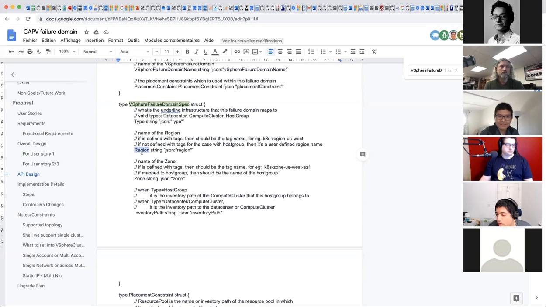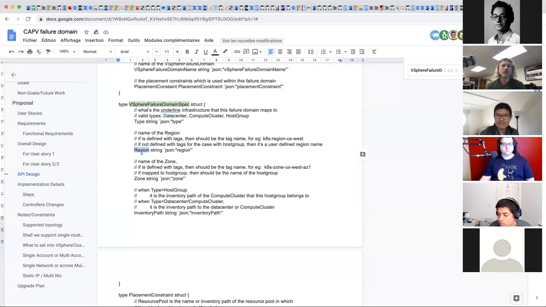Why do we need this type? The main reason is to support this host group type of a failure domain, which is a little bit different, because when you provide a host group, for example, we use the host group name as a zone name.